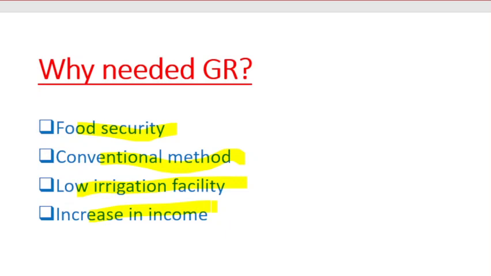Before green revolution, the income was not that much. There was a lot of inequality and the income was low. These are some basic problems. We need a technique which can make India a food reliant country. We need a technique that brings advancement in the production process. And we need such a technique so that we should not always depend on the monsoon. There should be another way, right? Irrigation is something that helps in maintaining a proper channel of water. And an increase in income, definitely we are doing everything for income purposes, right? So these are the reasons why we needed green revolution.